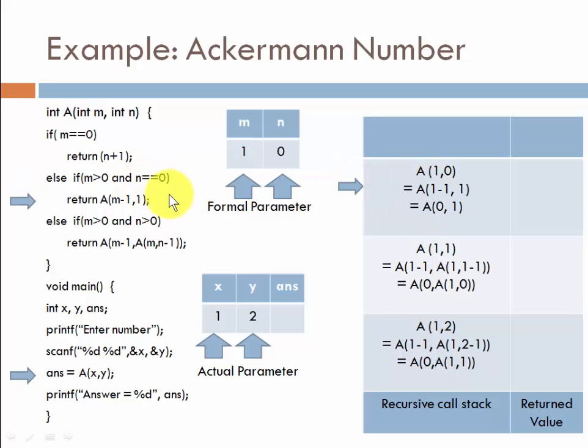That's why for that it will return value first case of m minus 1 comma value of n is equal to 0. M is equal to 0. Another recursive call will be replaced the value of 0, that is n plus 1 value. So that value will be returned. It will return 1 plus 1, that is recursive call m is equal to 1 value of a of 0. That's why it will return the value that value will be returned. That is n plus 1 value of n is equal to 1 stack will return.